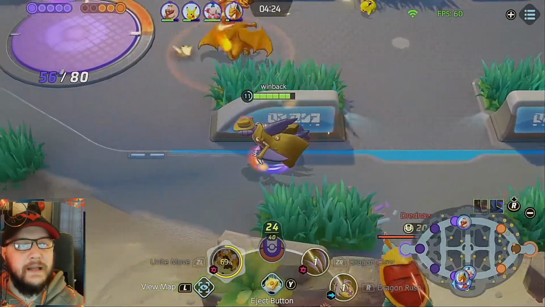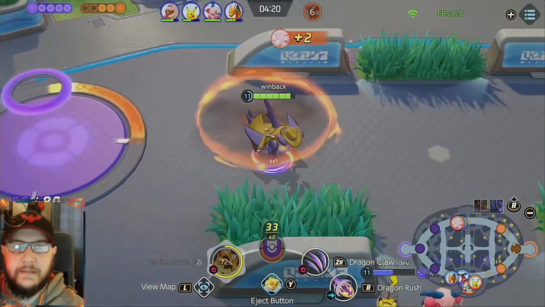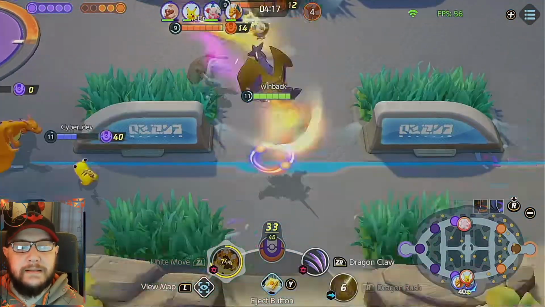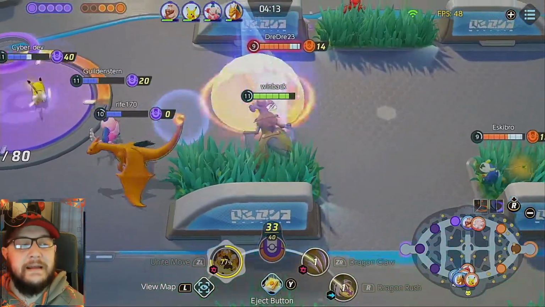trying to combo them together, but it looks like Talonflame has overstepped his bounds, and the friendly team is coming in from the top side of the map to take him out before Charizard dies. Fantastic stuff. Missing the combo yet again as